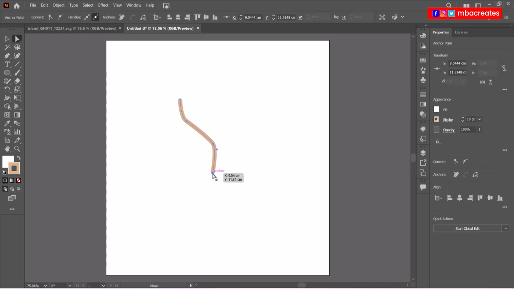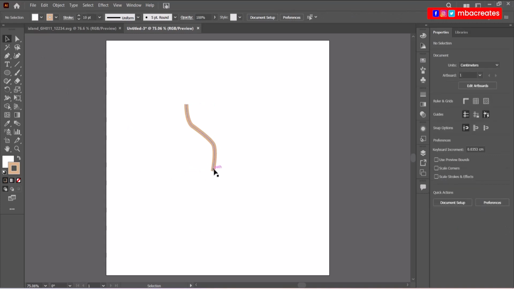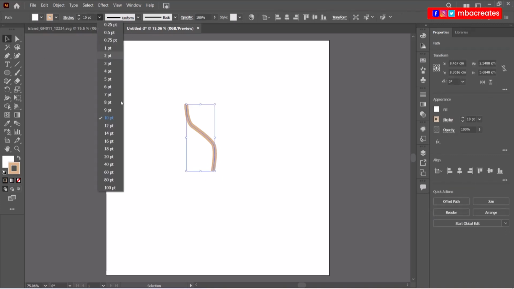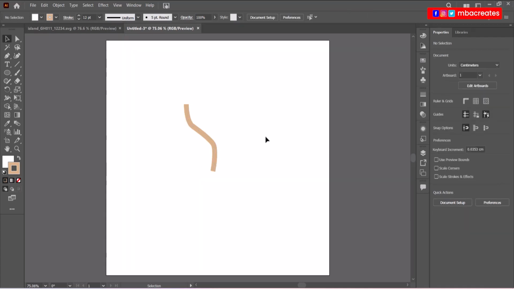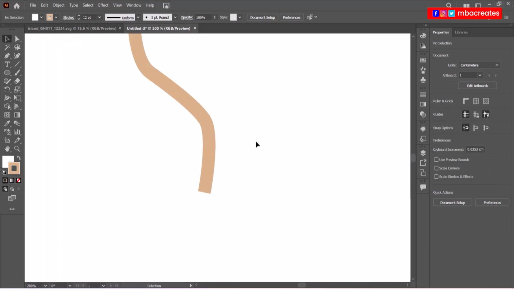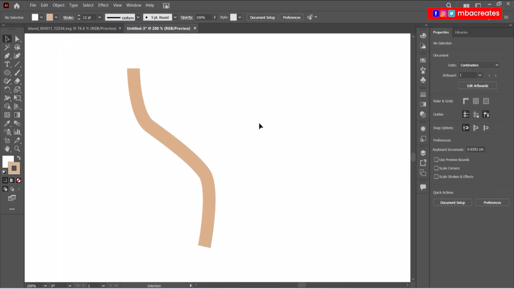I think this portion is still too long, so I'll pick the direct selection to double click on this portion and drag it in a bit. Select this portion and drag it this way. I'm going to increase the size of the stroke a little bit further to say 12. Now I'm going to zoom in